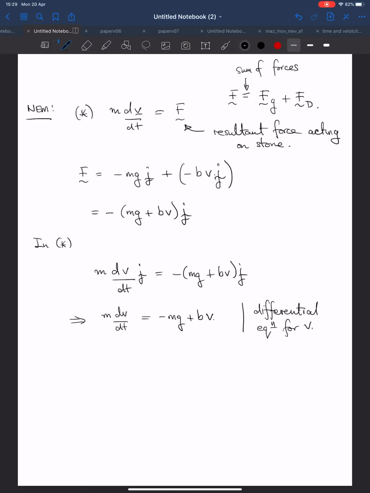So, solving. So this we'll call dagger. So now we'll partition this part up. So this is solving dagger. Now, we were asked to find velocity as a function of time. So this is what we're going to do now. So dagger can be written as,